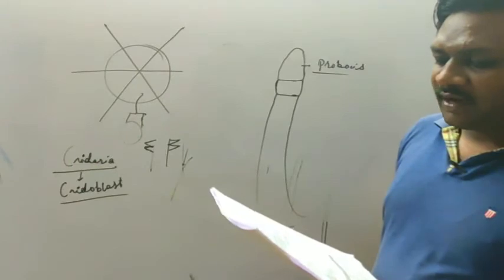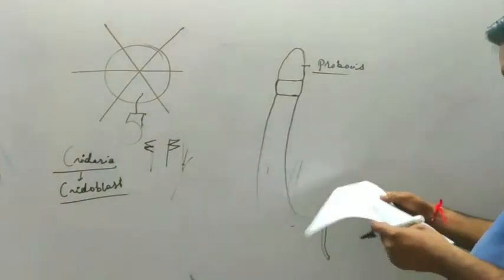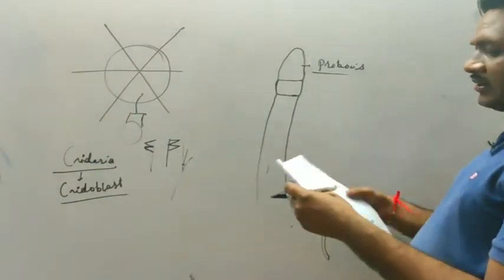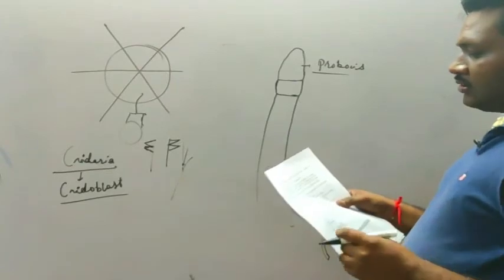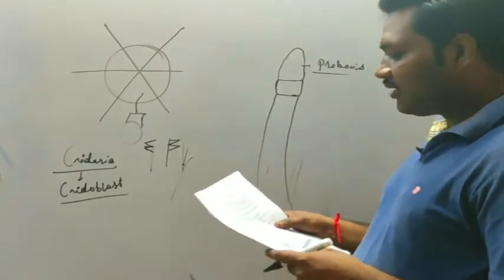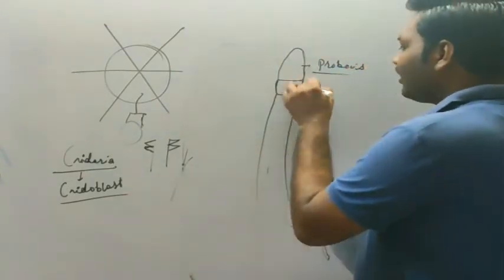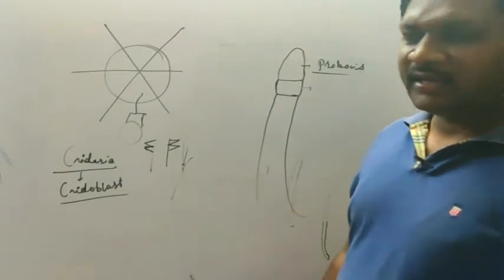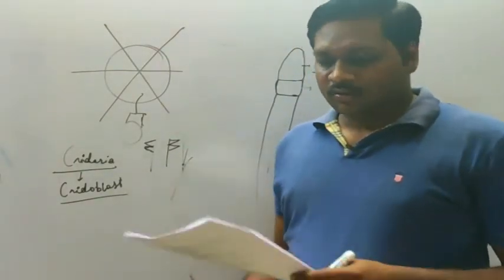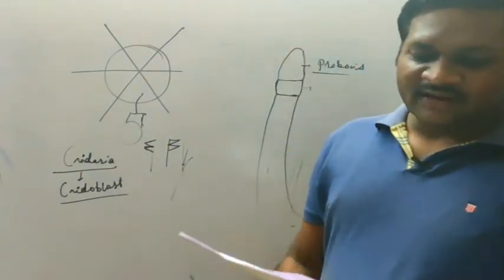Then Tornaria larva is the larva of Balanoglossus. So option C will be the correct one here. Which is not true about the Hemichordata? The stomochord is also known as buccal diverticulum. No, it is not called buccal diverticulum, as it is present in the collar. So yes, the stomochord is seen in the collar, but it does not have the buccal diverticulum. So that is the incorrect or not true one.